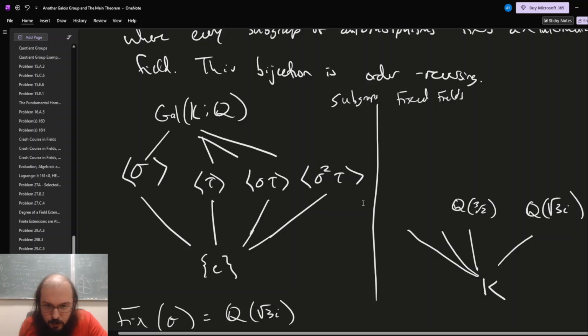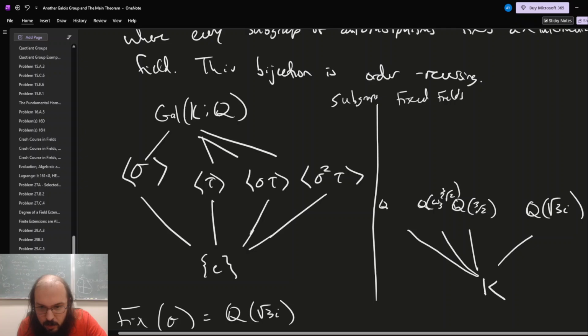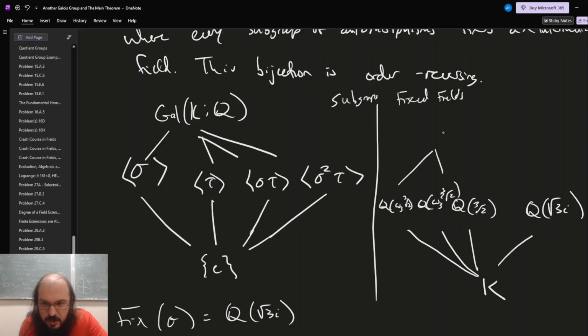But we just saw that the fixed field for sigma tau was Q adjoin omega 3 squared cube root of 2. I'm sorry, I'm really hurting for space here. I should have left more room to draw this bigger. That leaves the sigma squared tau guy. The fixed field of sigma squared tau, well, the calculation is basically the same. You guys will believe that since this one had the omega 3 squared, this one gets an omega 3 by itself. And then all of these things on top,